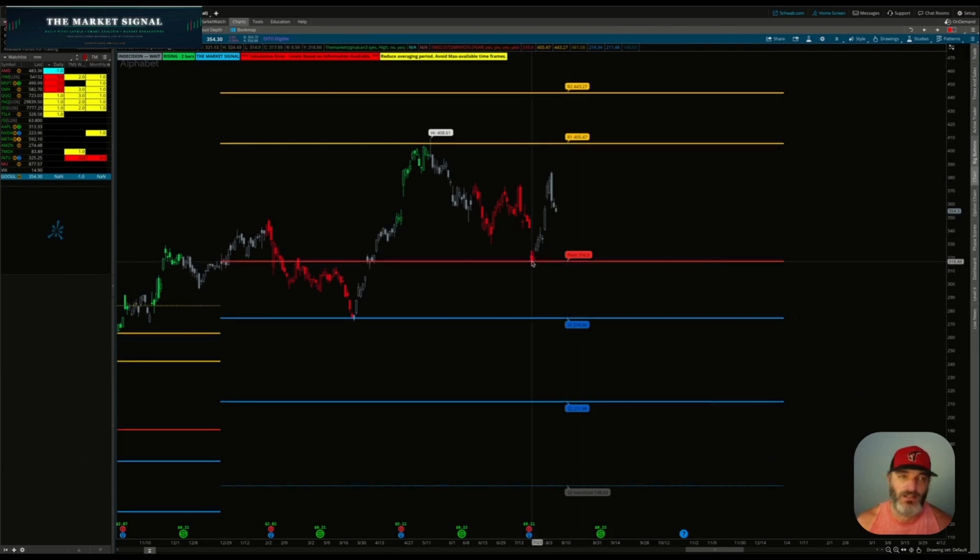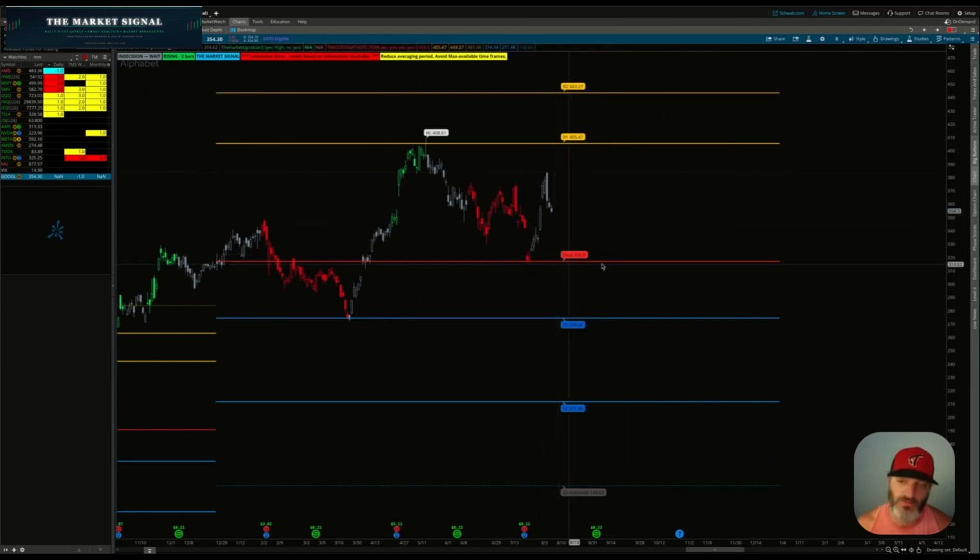Look, the low of this candle was 314.90. It went $2 below. What does it do the next day? The low of that candle is 317.32, right on top of the pivot. And now we went all the way back to 383.78 from 316. It doesn't get any better or easier to make decisions.